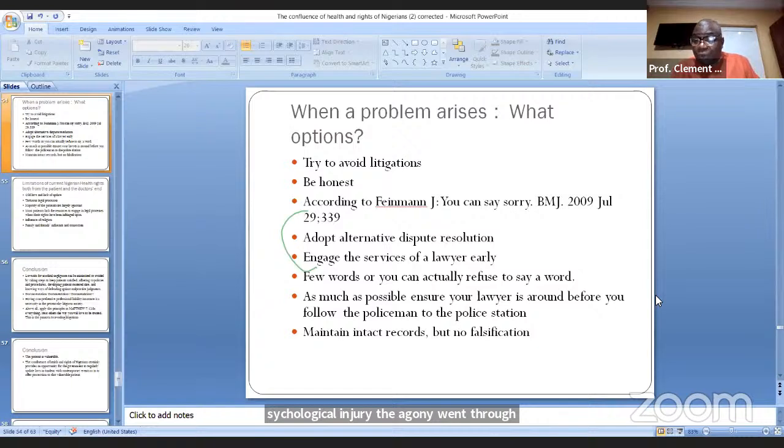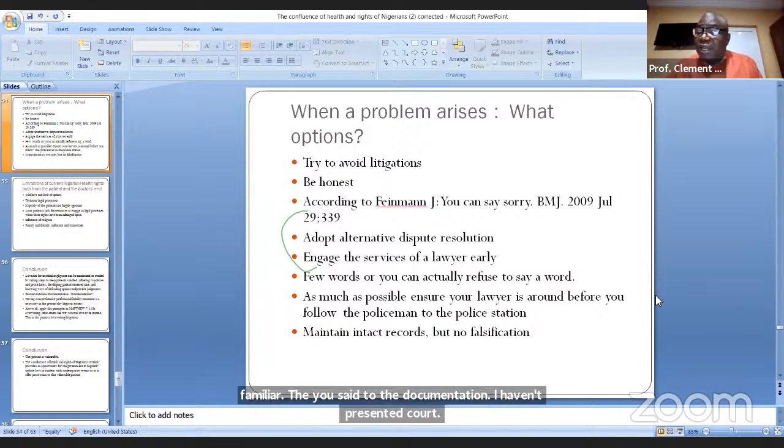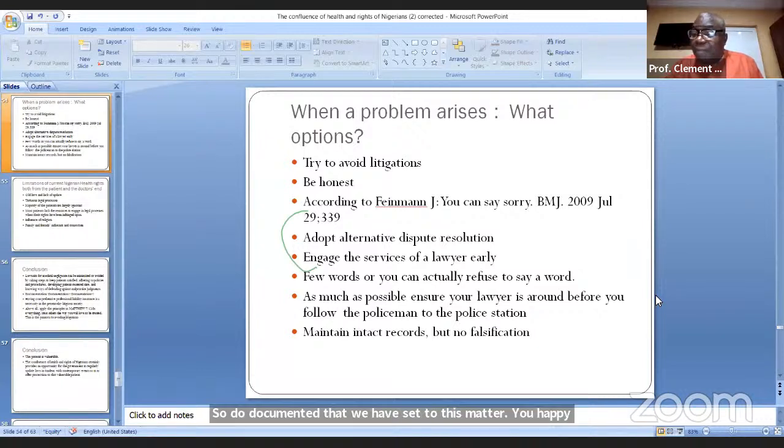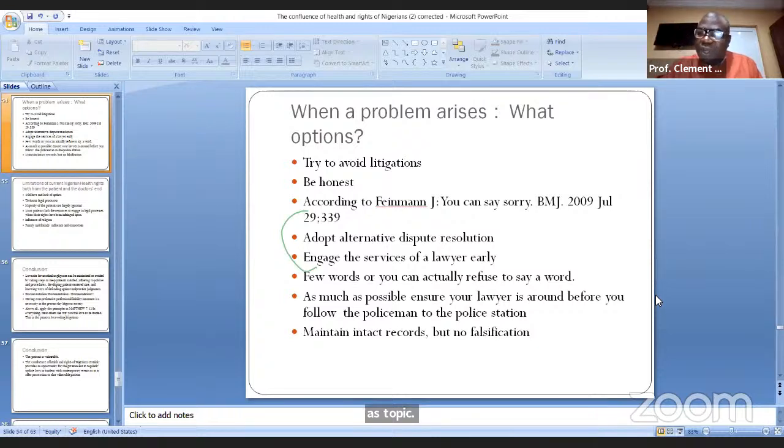That's what we call ADR. You now say, okay, I'll pay the $4 million. Then you will settle, do documentation, and you actually deposit it in the court. So they'll document that we have settled this matter, the patient, we are happy. What that means, why you should document it in the court, is that that patient can no longer, maybe next year, when it's broke, want to revisit that same issue on the same facts. You cannot do that. In law, we say it's estopped. It is estopped from pursuing that matter further, having been settled by way of ADR.